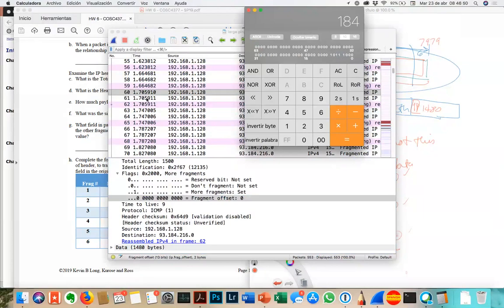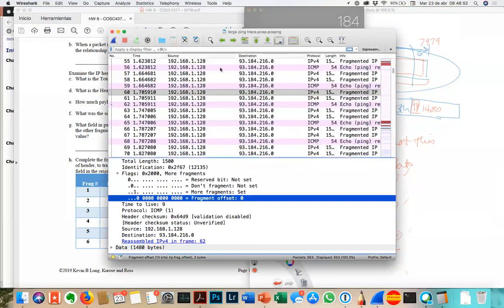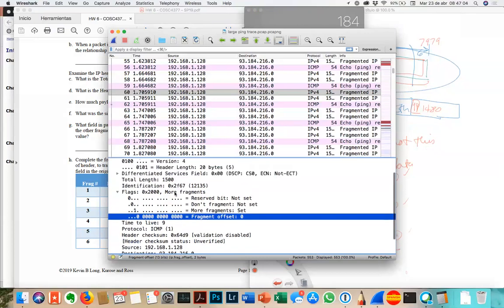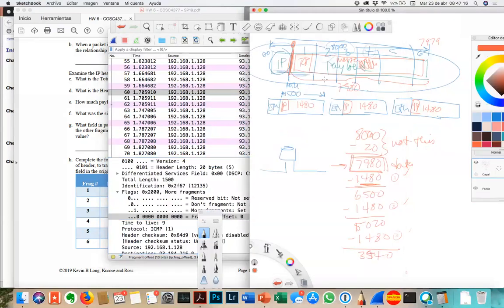So if I come down to the next fragment, this one is a fragment that starts at offset 0. This is the first fragment, it begins at the beginning, and my total length is 1500. The header is 20. This one has 1480 bytes of payload, so it's going to start at this 0 point up here, and it's going to get me up to byte